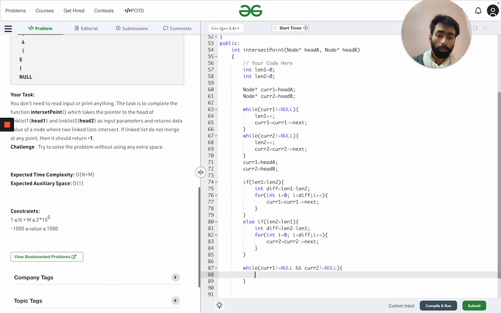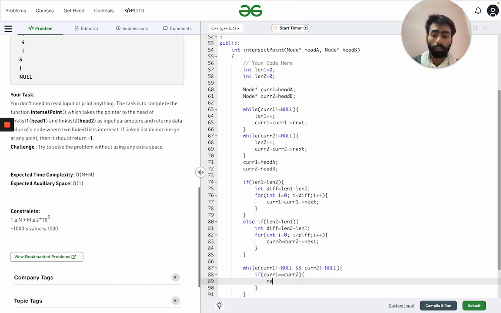So if this holds true and current 1 is equal to current 2, then return the value of the current, either of these two, current 1 or current 2, we return the data stored in that node, else we point to the next.